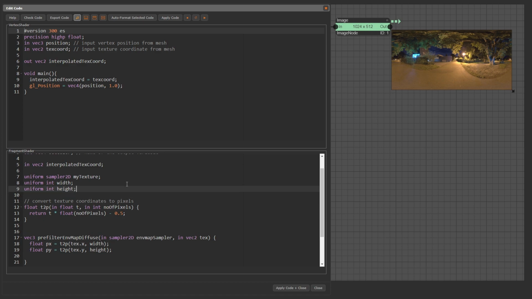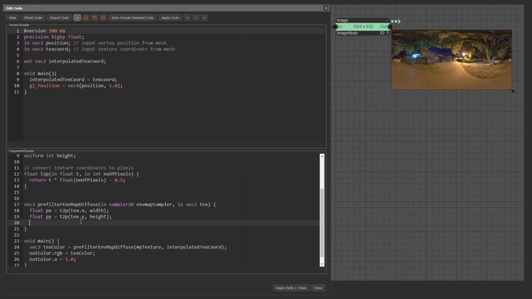Now we can use px and py as seeds for a random number generator. vec3 random = random_pcg3d(uvec3(px, py, 0)). We know this random number generator from episode number 8. I copy the code into our shader.